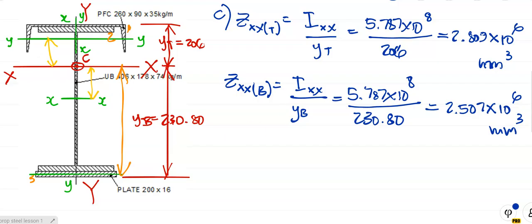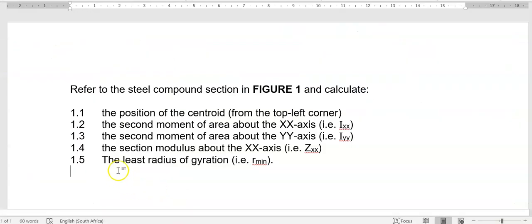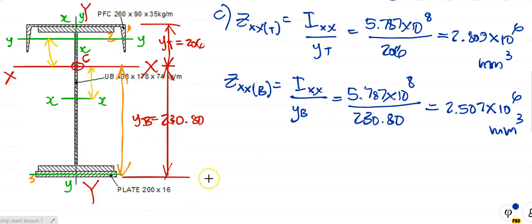Right, and then people, it says the least radius of gyration, or R min. If you remember last time I said, whenever we work out the radius of gyration, there are two possible values, Rxx and Ryy, but we want the lesser of the two values. So R min